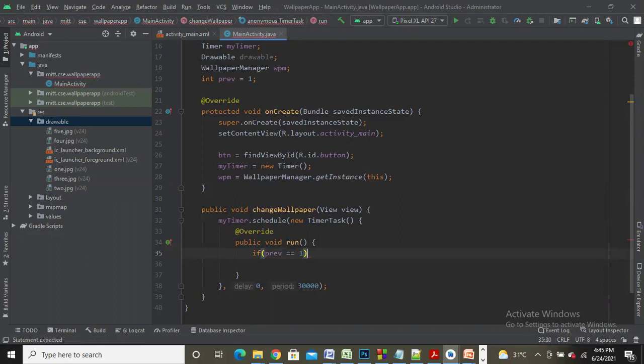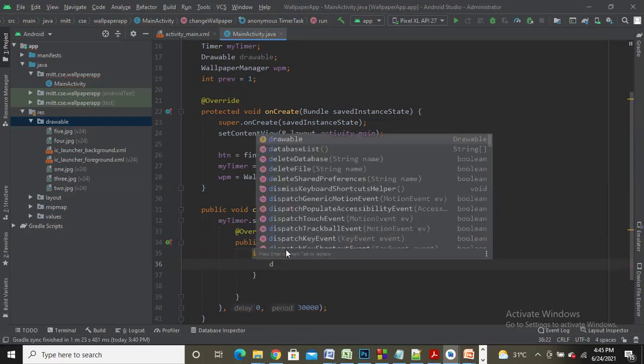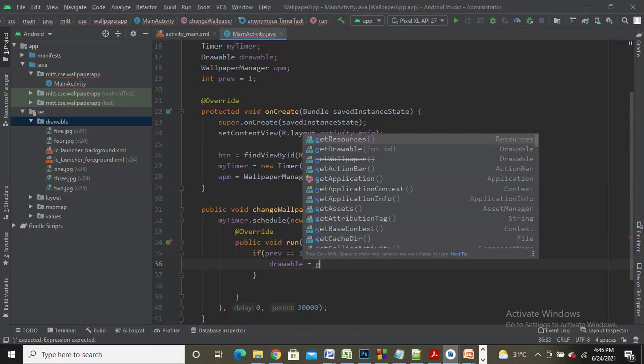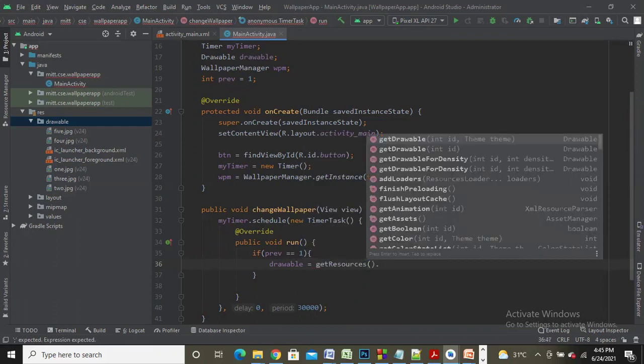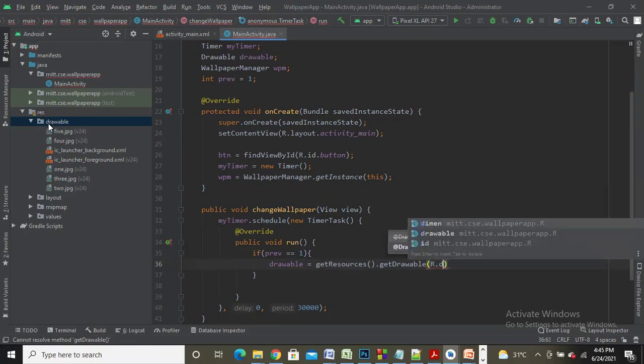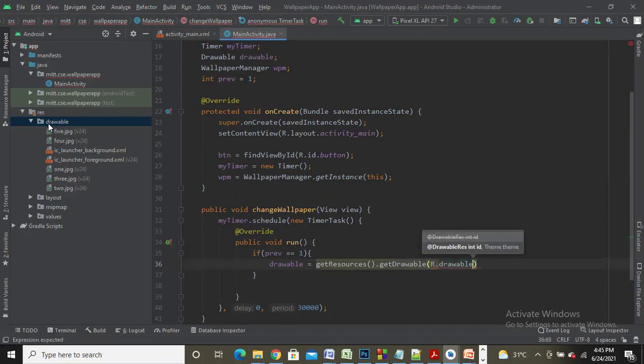If this is true, then I'll write drawable, the object of the Drawable class, is equal to getResource dot getDrawable. So getResource dot getDrawable is going to fetch the wallpaper which you need to display, and the wallpaper to be displayed is present in the folder drawable, and this drawable folder is present in the folder resource, which is pointed to by a default variable R. So I'll be writing R dot drawable dot.